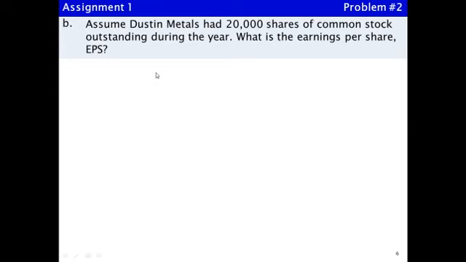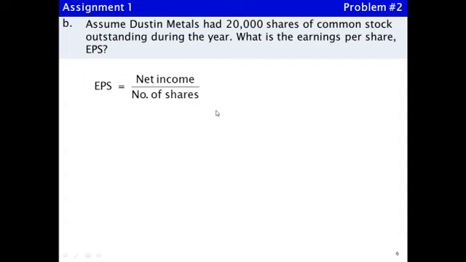Assume Dustin Metals had 20,000 shares of common stock outstanding during the year. What is the earnings per share, EPS? Well, earnings per share is net income over the number of shares. Technically, it's the weighted average number of shares outstanding during the year. But we don't have any information that would allow us to compute a weighted average, so we assume that 20,000